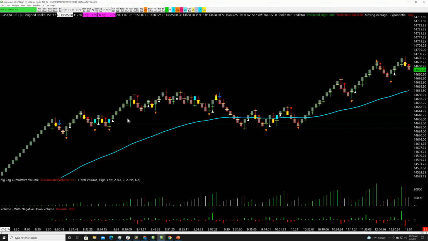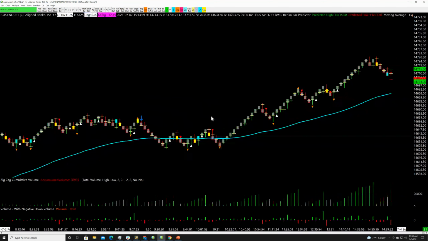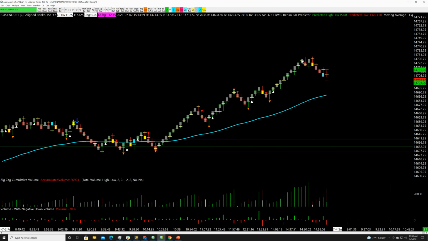Now, you would have had to work against the head and shoulders. You've got to make a trading call as to whether you're just going to blindly follow the signal or add the trade configurations to your day. If you took that without any respect to whether we have a head and shoulders or any other kind of pattern on the chart, your entry there was 14,640. Your maximum favorable excursion was to the high of the day.